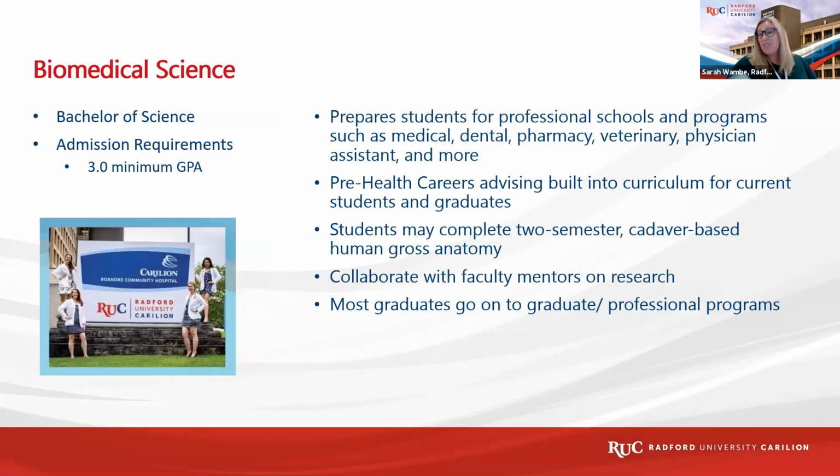All right. Next of our bachelor's degree programs, we have our Biomedical Sciences program. This is our professional school preparation program. Like I said, whether or not you're looking to go to medical, dental, veterinary school, physician's assistant, occupational therapy, this is where you start. Within this program, we offer 2 semesters of cadaver-based human gross anatomy. And then